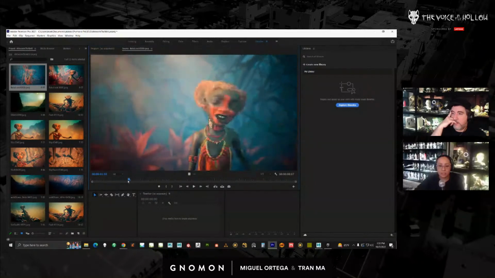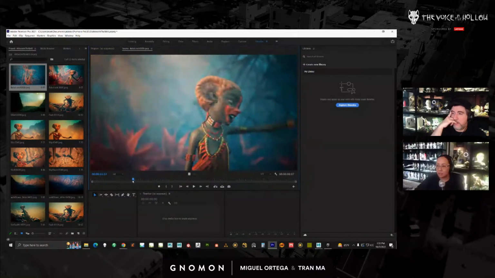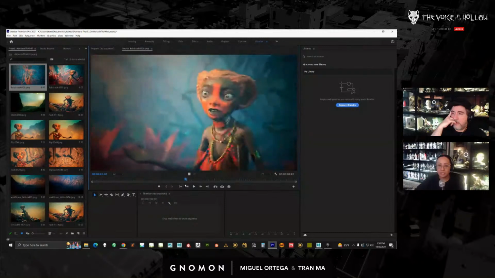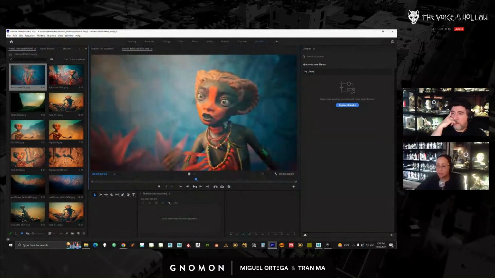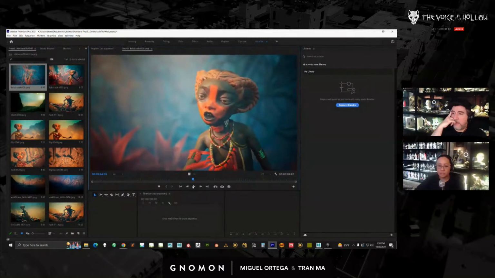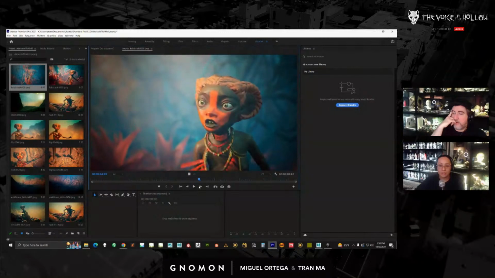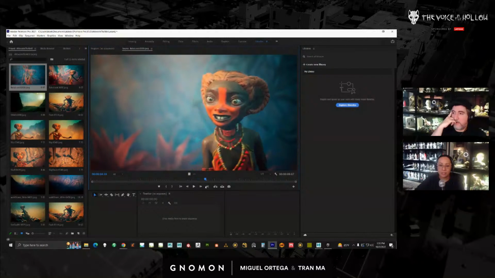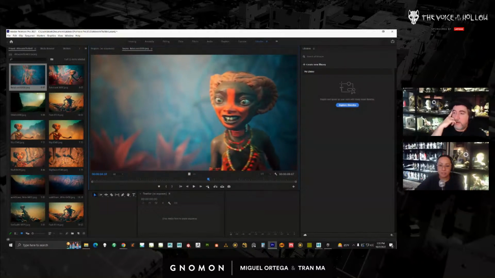She's got a lot of expressions going on, and she's also talking, and some of the lip sync really falls apart. In terms of looks, her colors are really weird. Her skin tone seems off, and she doesn't quite look like the same character. Her teeth are really white.